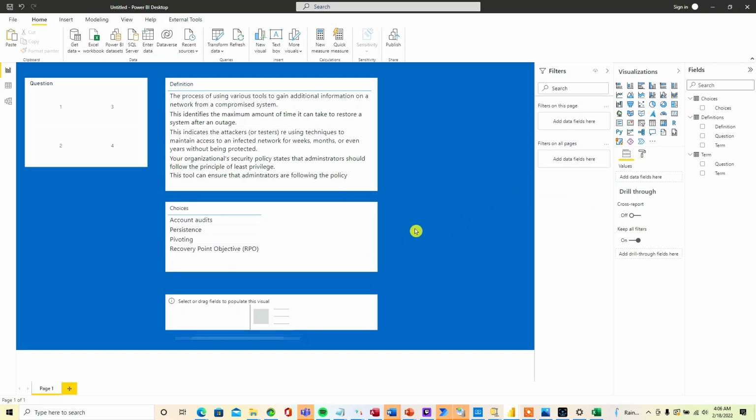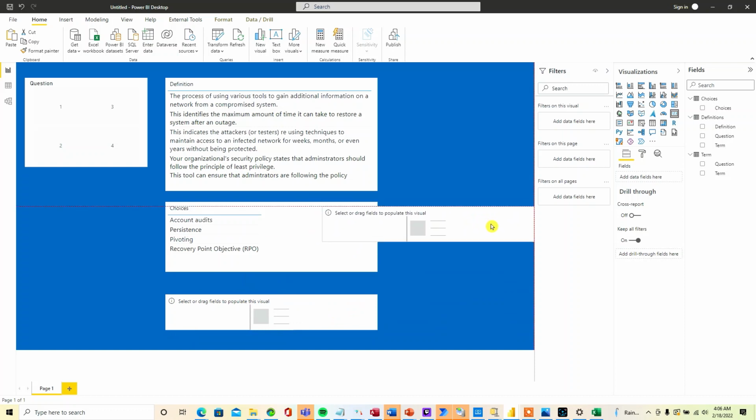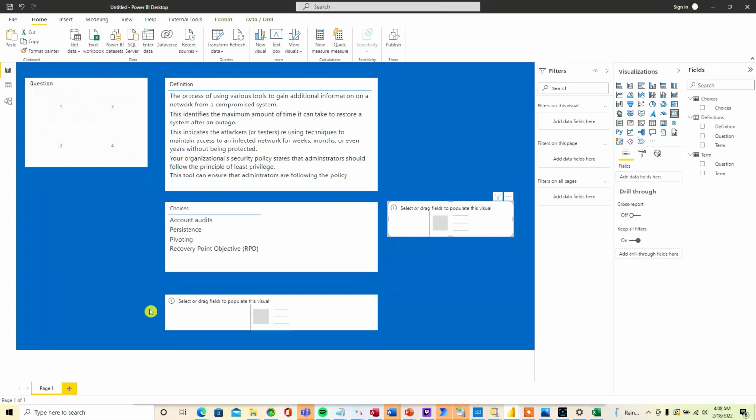Just copy that one, put the other one here. The next thing that we need to do is create some measures. But before I create some measures, I'm going to create what's called a virtual table that will hold our measures. So to do that, I'm going to go to the Enter Data button,